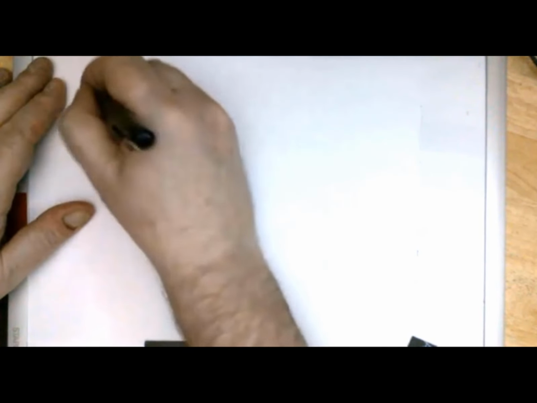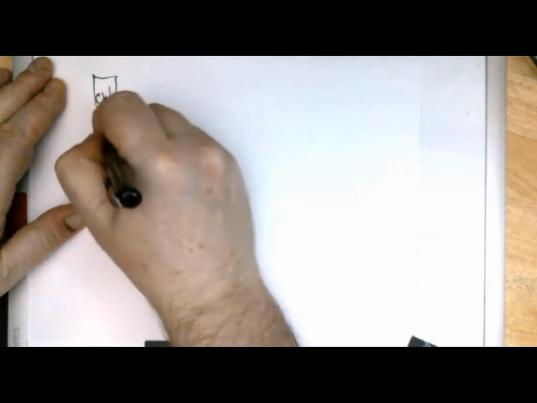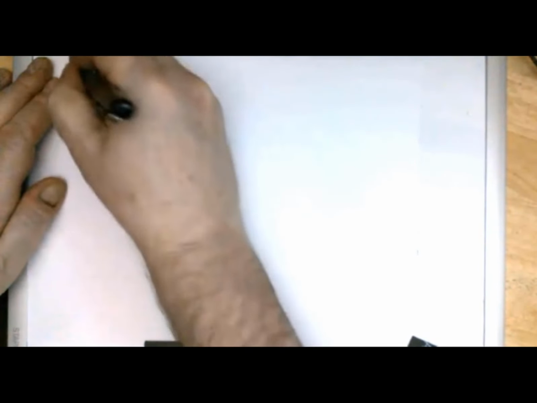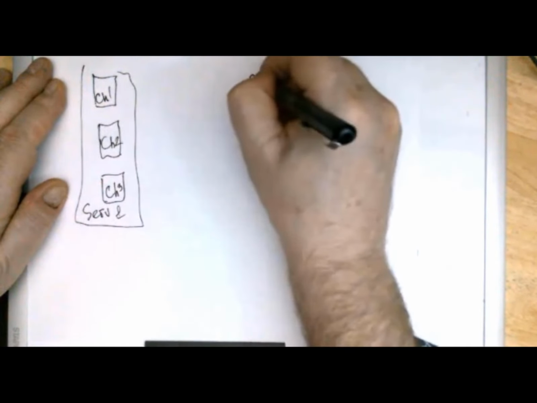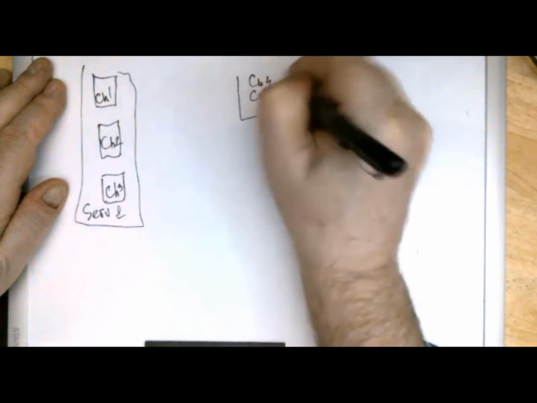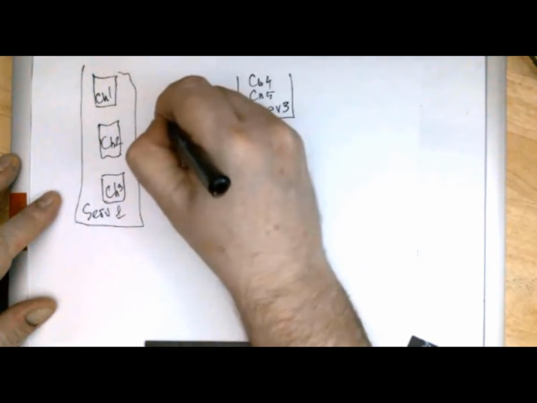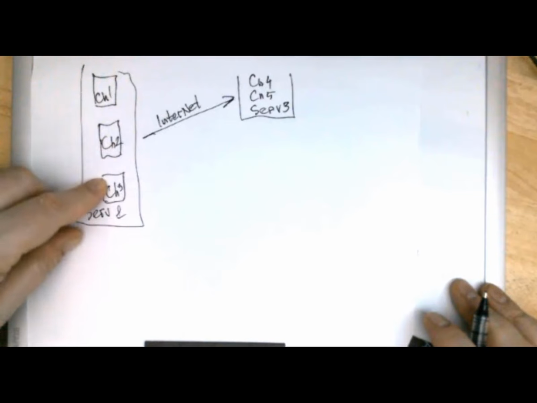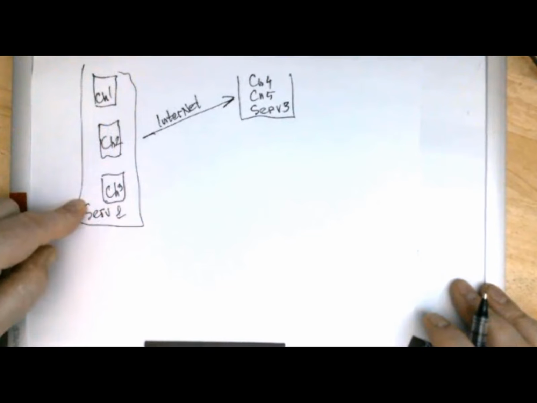Hypertext. What is hypertext? Consider you have a book. And this is chapter 1, this is chapter 2, and this is chapter 3. And this book is on server 1. And then chapter 4, chapter 5 is on server 3. This is a connection, so a connection through the internet. Consider you finish chapter 1, you finish chapter 2, you finish chapter 3. Nothing is difficult because they're all on one server, server number 2.